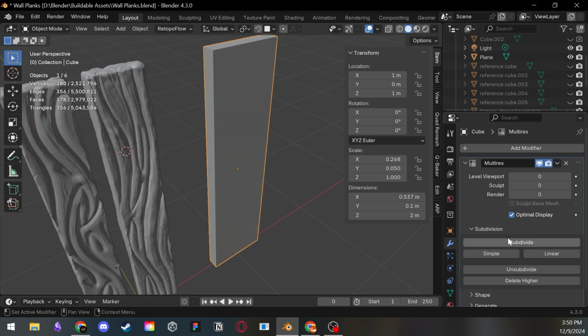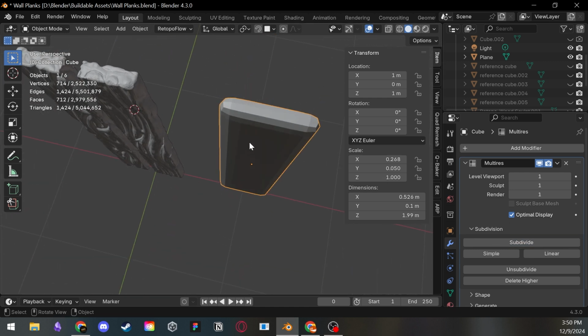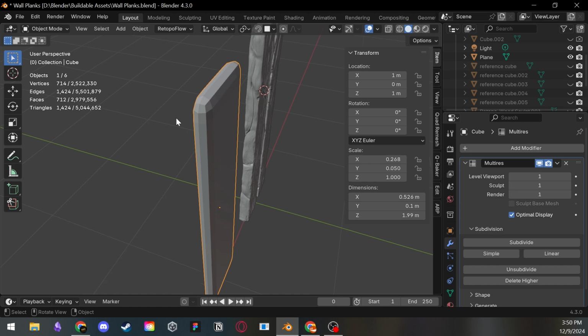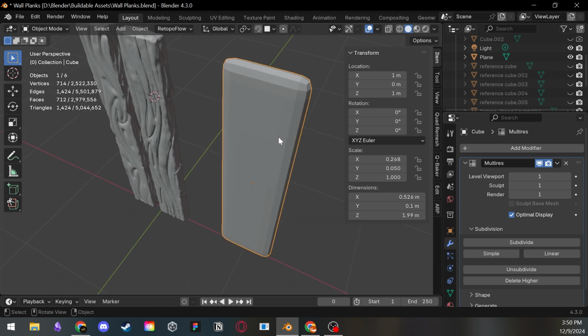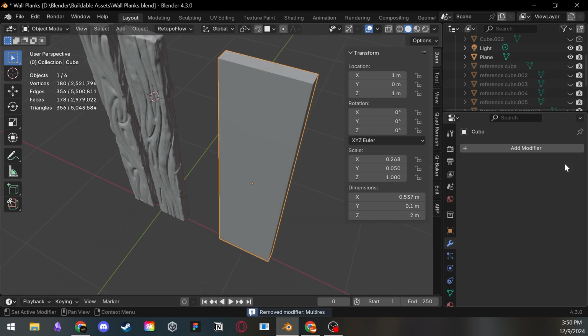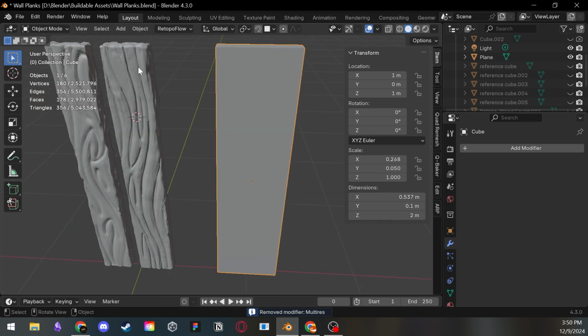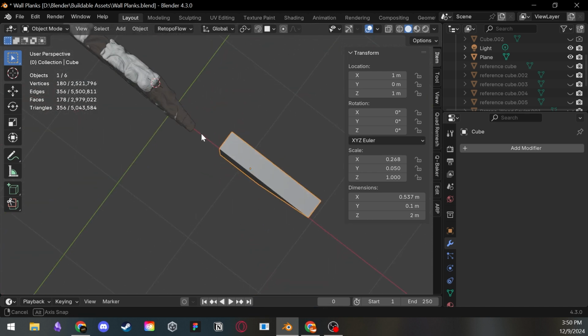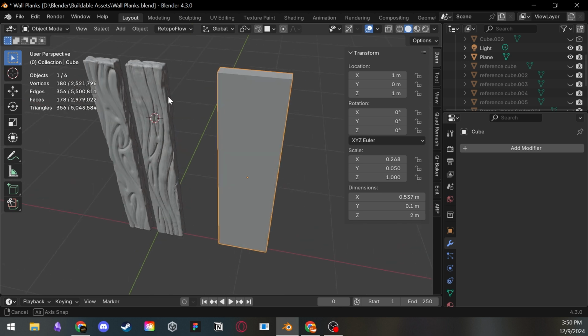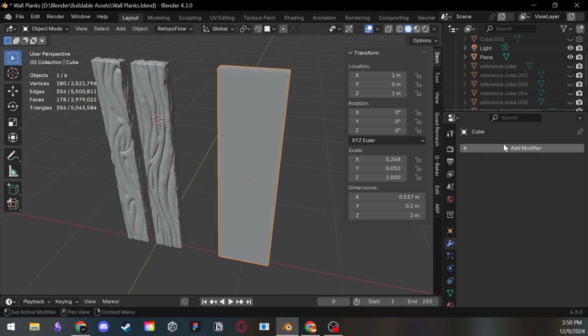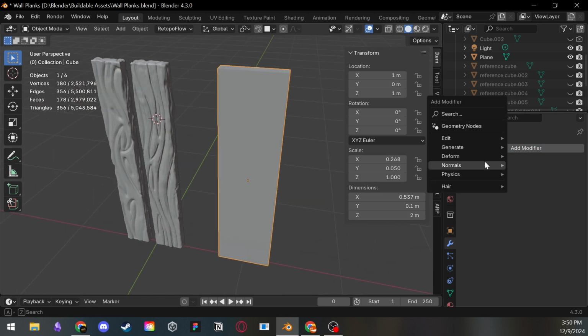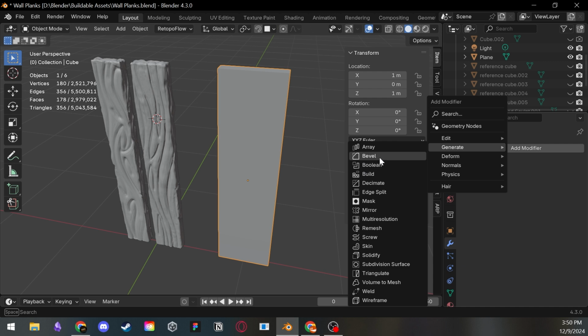And then when we click subdivide, you'll see that we lose that hard edge. The reason why is because we're just subdividing it, basically. So we can get rid of this. And if you want this hard edge, like we do have over here, where we have this very defined, very much a rectangle,